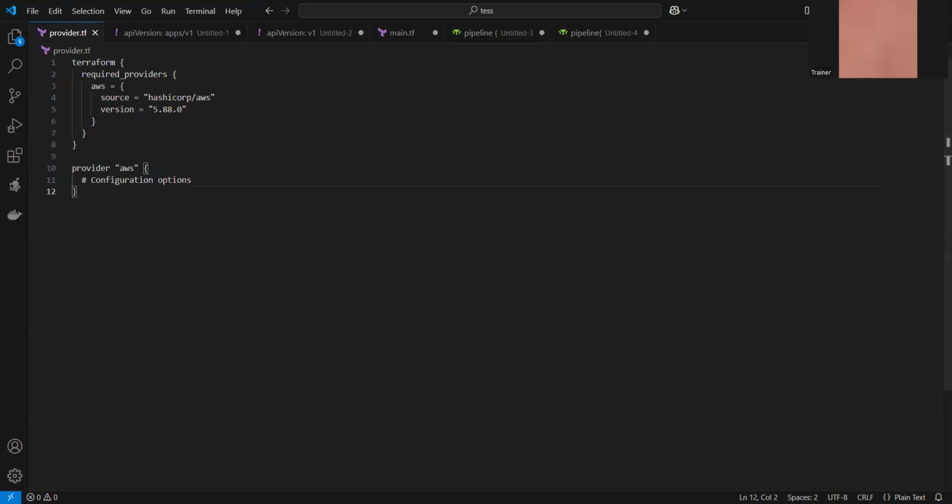So this is the provider configuration. That means with Terraform we are going to use the cloud provider AWS. If you don't know where we need to get that specific configuration, we can go directly to